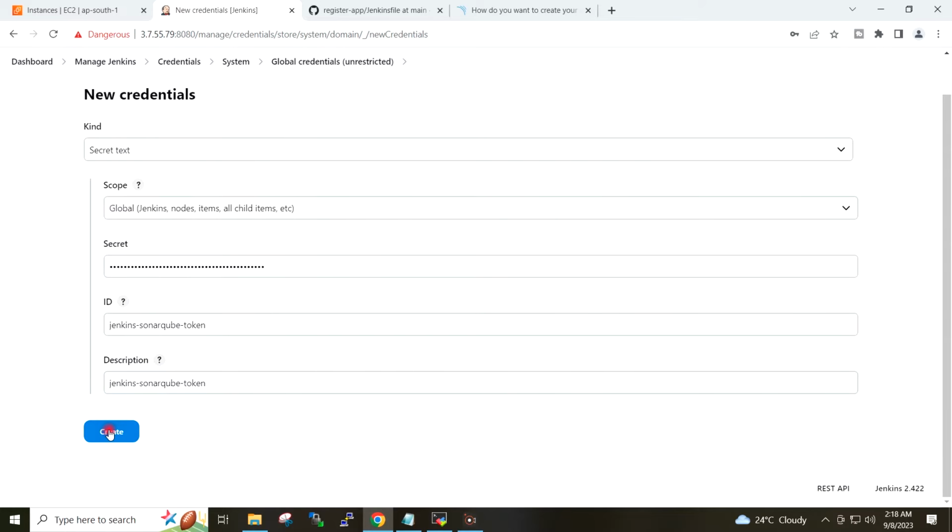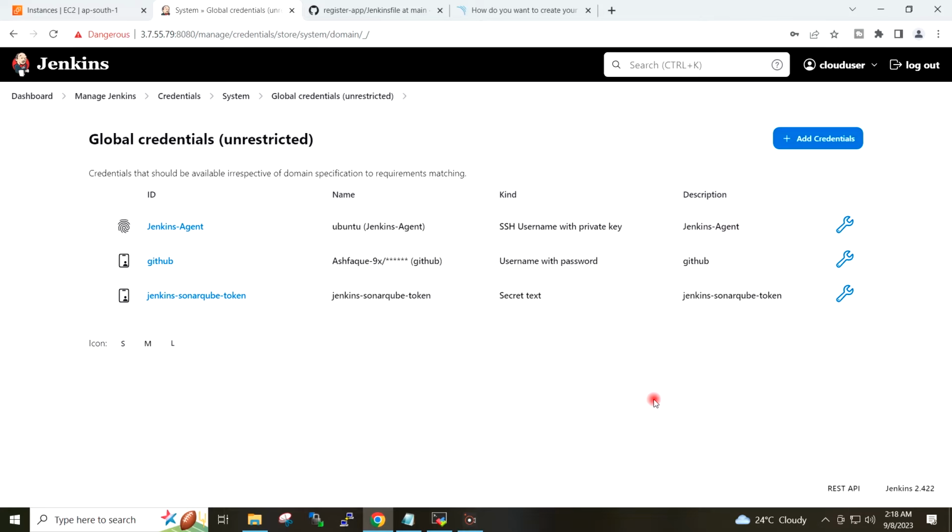I will click on create. Okay, so token has been created in the Jenkins.